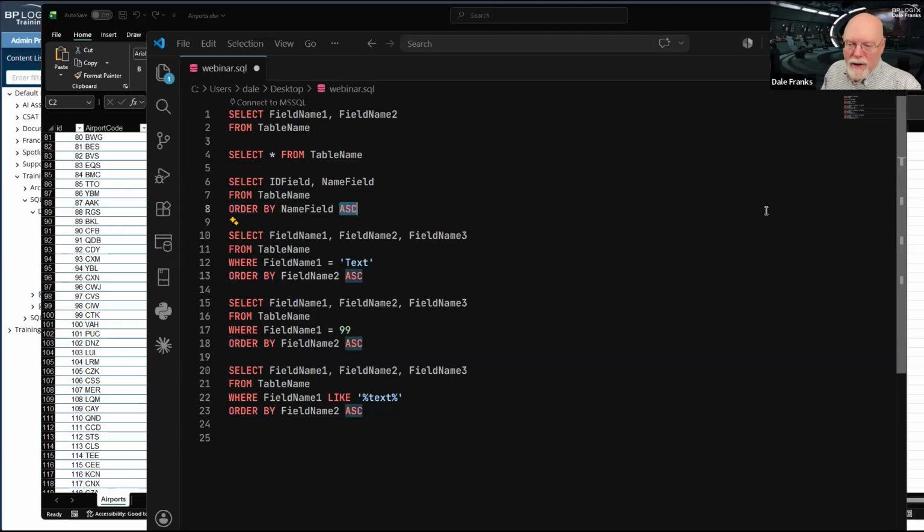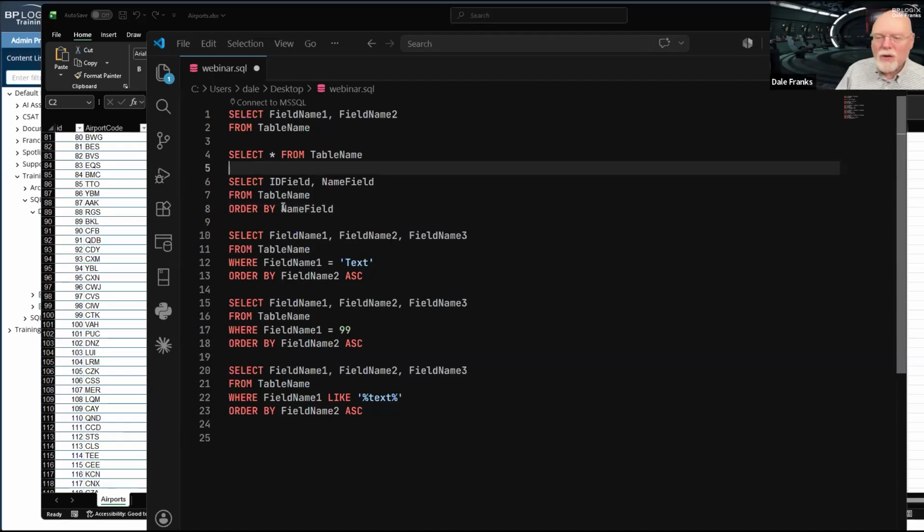And then we have two choices, one of which I don't need, which is the ASC choice. We have two ways of sorting, whether by alphabetical order or by numeric order. It works the same. We can either sort in ascending order, which is A to Z or 1 to N, or we can sort by descending order, which would be Z to A or infinity back to 1. By default, SQL Server sorts in ascending order. It assumes that is the vast majority of your use cases. So technically, I don't need that.